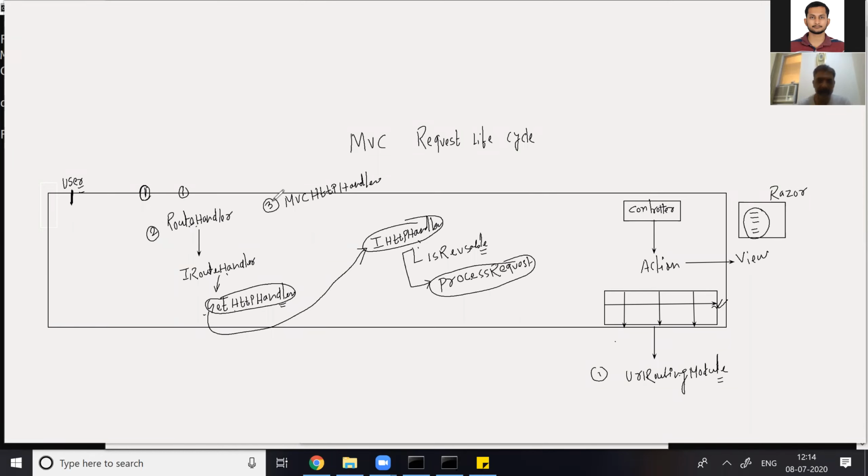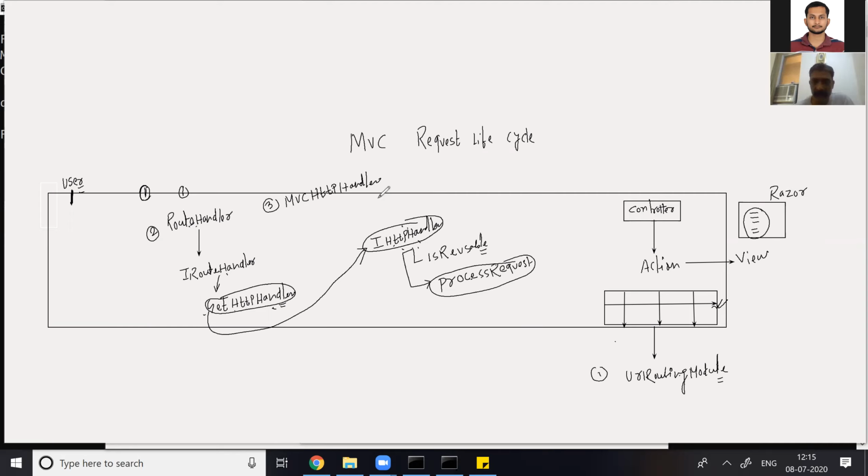Now listen carefully. The route handler is basically a class implementing the interface, and this interface has a function called GetHttpHandler. The return type of this function is associated with this interface. So the function of one interface can return another interface, right? And this interface is implemented by the class called MVC HttpHandler.